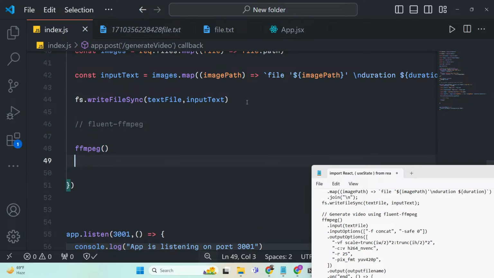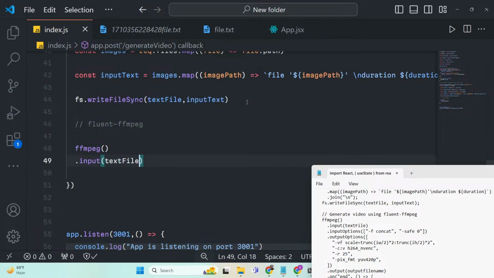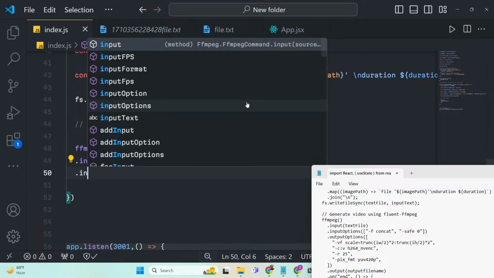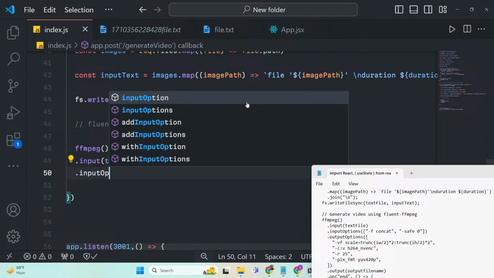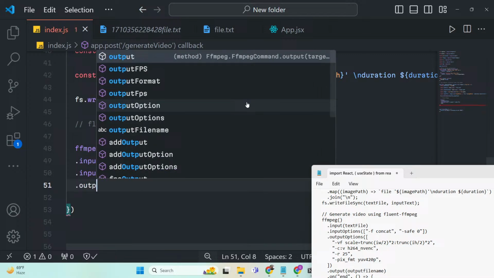FFmpeg will call it, and then dash input will pass the text file, and then we will use this input options method, and here we will provide these set of options in this square bracket, which is an array, dash f for the formatting, and we need to concatenate all these images into a single video, dash safe 0. These options you need to provide, and then the output path,